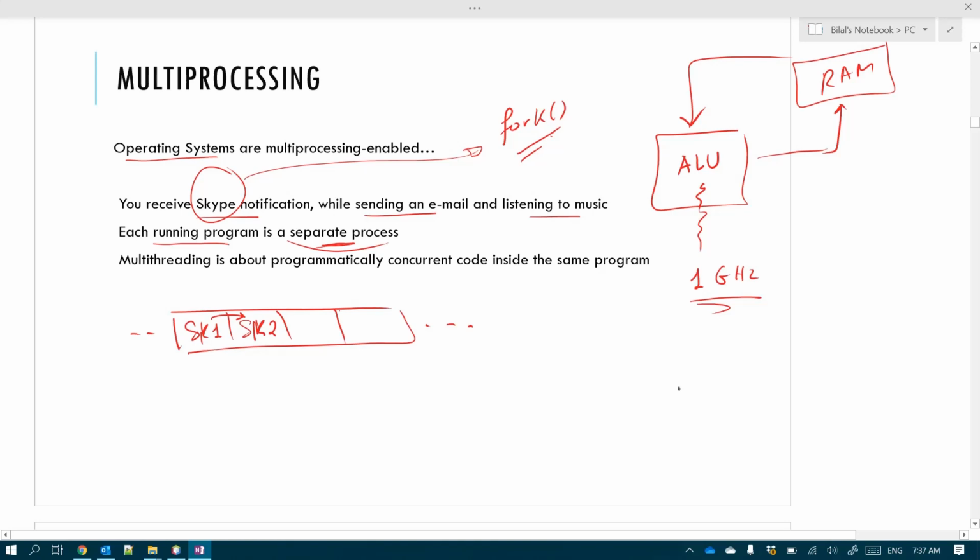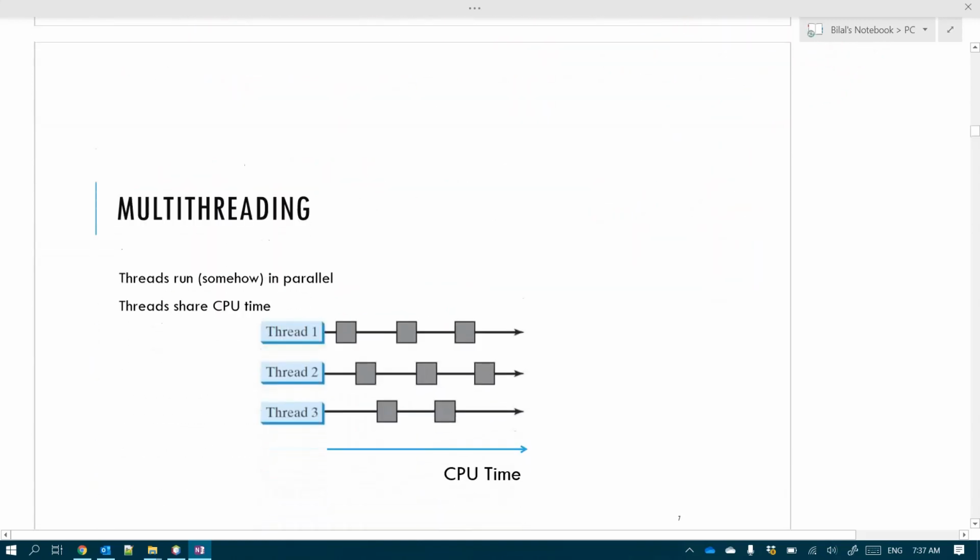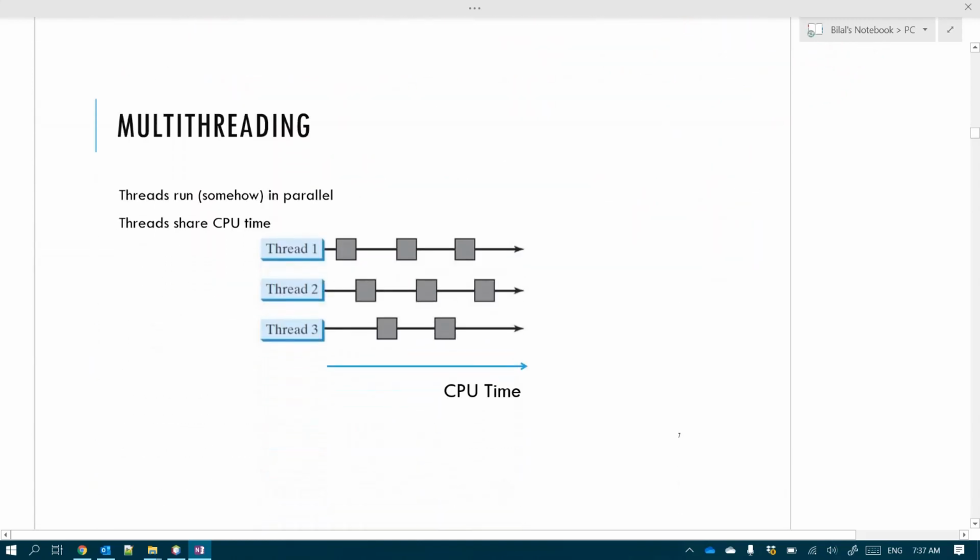However, multi-threading is about programmatically achieving or executing concurrent code inside the same process or the same program. So let's see how it happens. So within the same process, so this is only one single process,